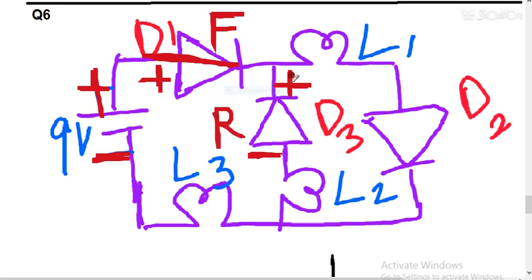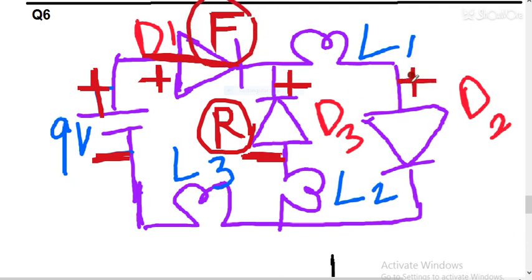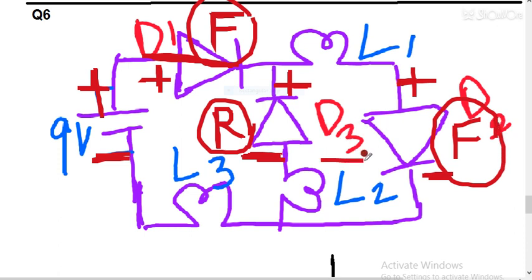As you can see, positive voltage is connected to the negative terminal, the N type semiconductor. The N side is connected to the positive and the P side is connected to the negative. So from here you can see this diode D3 is reverse biased, D1 is forward biased, and some positive voltage will also go on this side, or you can say from this side negative voltage will be there on this terminal. So this D2 diode will be forward biased. So students, D2 will be forward biased, D3 will be reverse biased, and D1 is also forward biased.